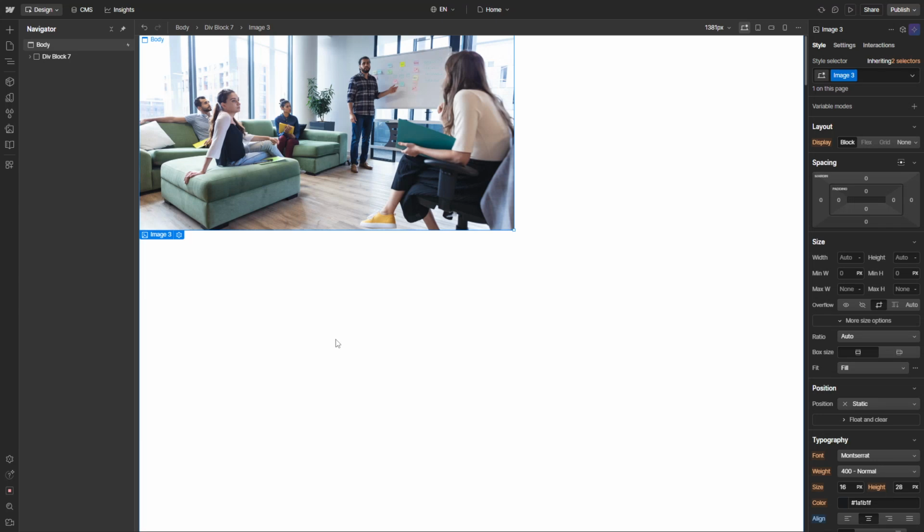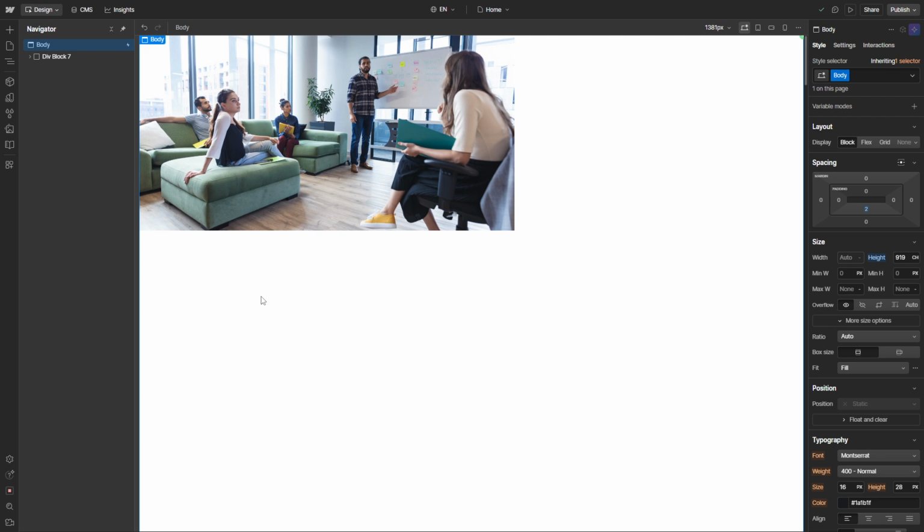In today's video, I'm going to teach you how to wrap an image using a div block and some simple styling techniques. This process is perfect for anyone looking to create clean, professional-looking layouts in their web designs. Whether you're just starting out or looking to refine your skills, this step-by-step guide will provide you with the essential